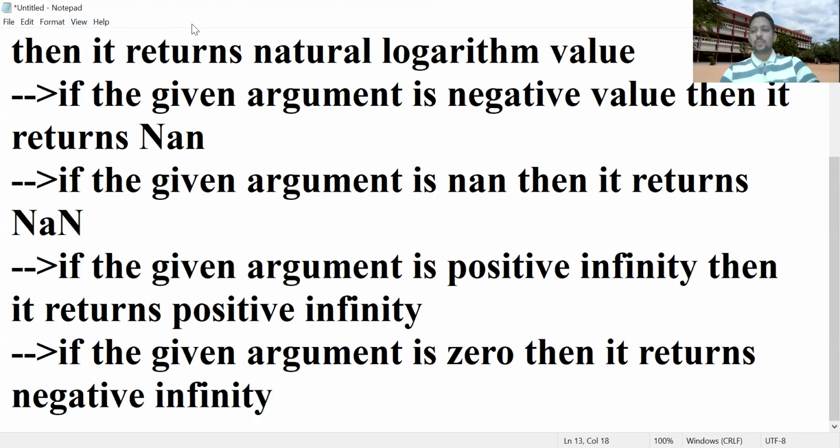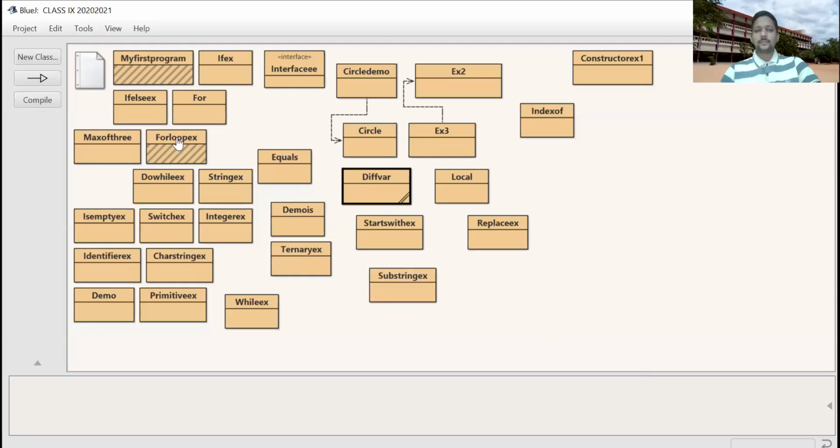So once open your BlueJ, practically I'll execute. Take the new class as LogExample.